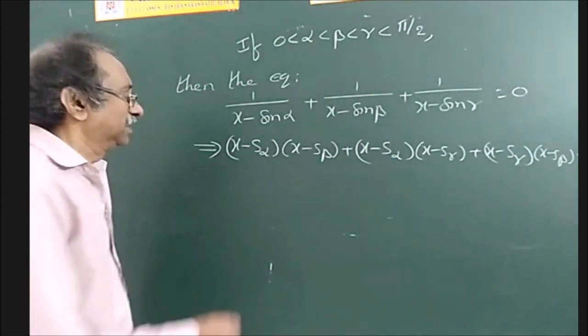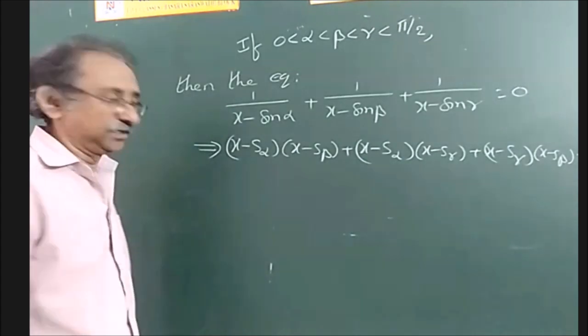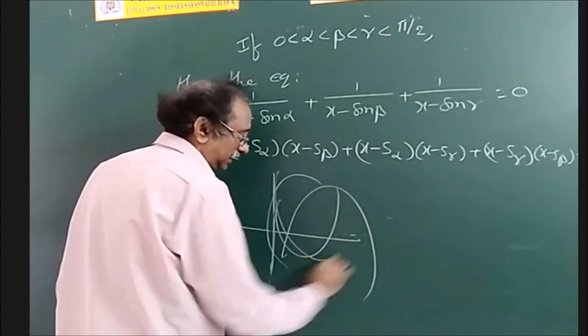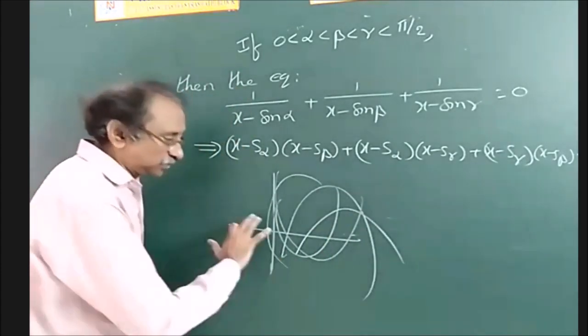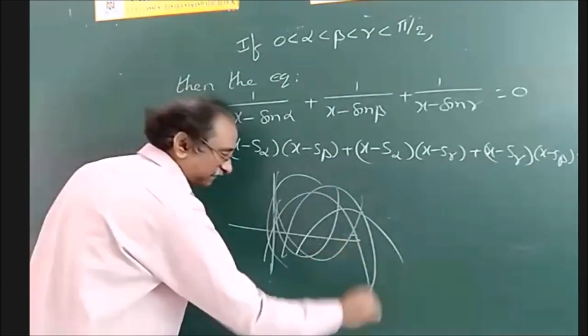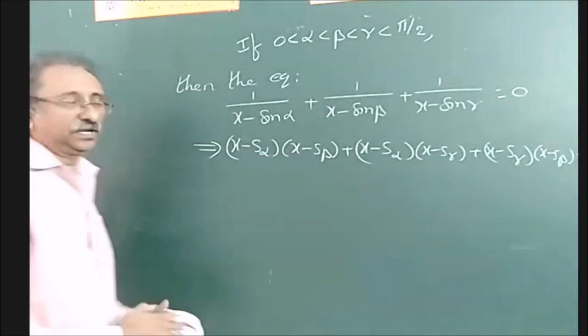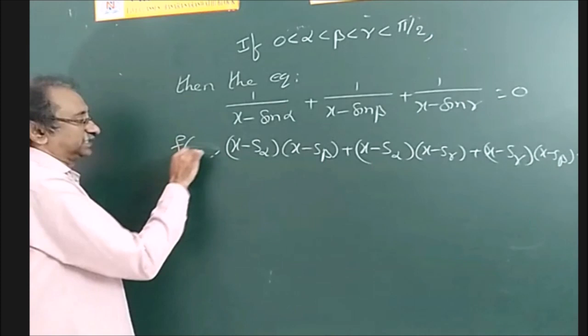But see here, a quadratic expression is always continuous. You know, every quadratic expression is a parabola. It may be like this, it may be like this, it may be like this, but it won't be discontinuous. Always the graph is continuous. So this is a quadratic expression. It is continuous. And suppose I name it as f of x.